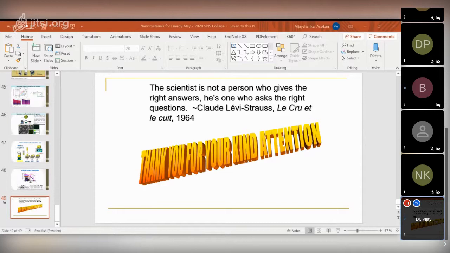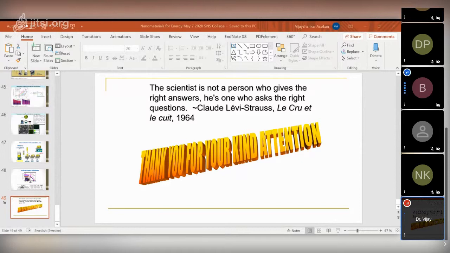The same related question has come in the live chat: which is the best method to prepare MoS2 nanomaterials? Nanomaterials or two-dimensional materials? Especially MoS2. Are you intending two-dimensional? Two-dimensional. I can say CVD is one of the good options, because we have tried a lot with PVD but not succeeded always. But with CVD, once you stabilize the system, it can be produced repetitively. Or the simple way is Scotch tape.